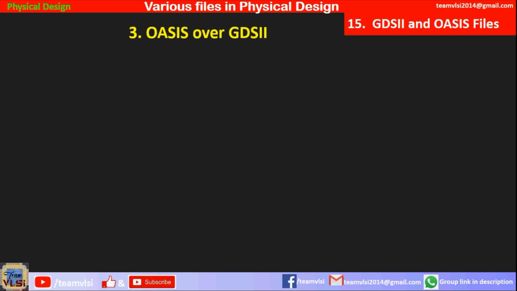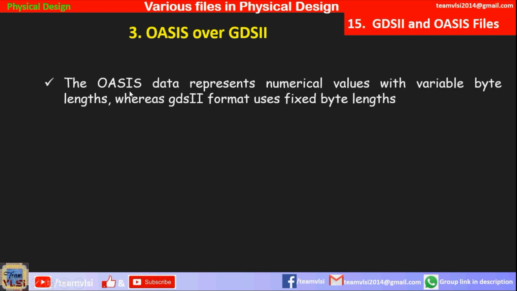What features in OASIS files are comparatively good as compared to GDS2 files? OASIS data represents numerical values with variable byte length, whereas the GDS2 format uses fixed byte length.